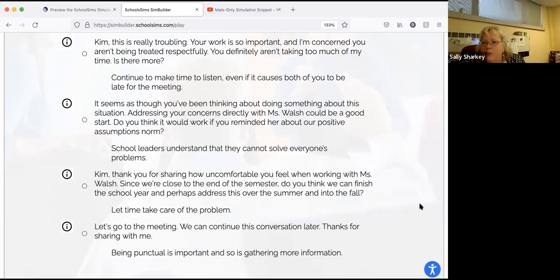In my group, we had the last option and the second option about sending the teacher to speak with their coworker first as a first step. And that's pretty common. But the other point that was made in our group is that continuing the conversation later gives you maybe more time to process it, especially if you think it has gone too far, that it's too toxic to recommend a basic step. So I appreciated our group's discussion on that. So thanks, Joe. Yeah, great.